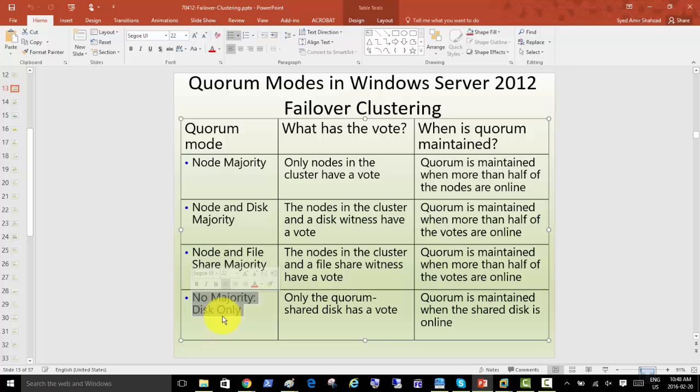Bad service still means that users are able to access the files. They are having a bad service instead of a total disconnection. They are able to access with a very bad service. So it's your choice. How bad is your boss? How bad is your management? How hard are they going to go down on you for bad service or downtime? And what was the reason for 4 nodes going down? And what are we paying you 50 per hour or 40 per hour for, right? If 4 nodes are down, you need some time. Okay, bad service for 1 hour, but after 1 hour, it became a very good service because I put